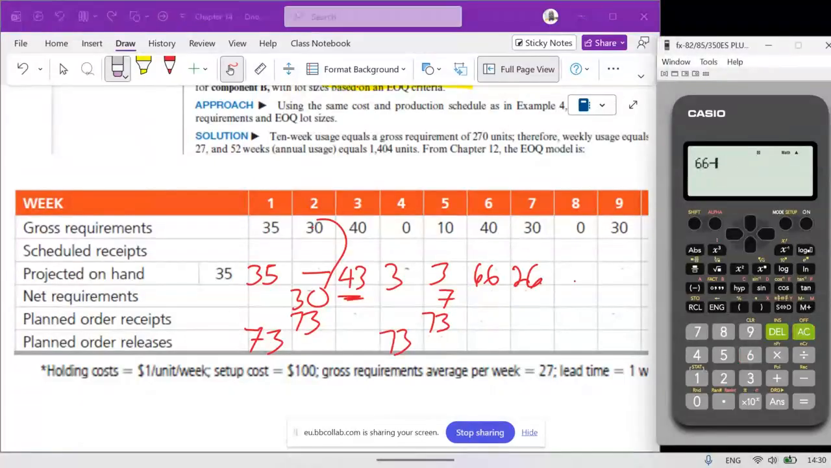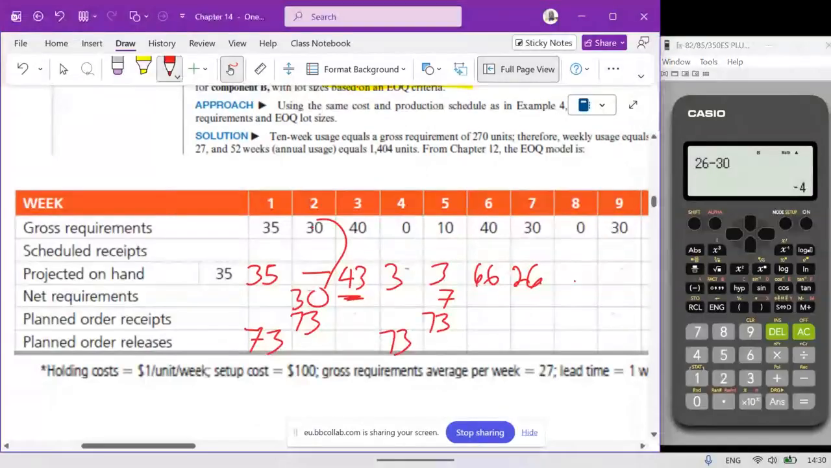66 minus 40 is 26. That's why we call it 26. Then 26 minus 30 is 4. The 4 we write it here, not there, guys, not here. You write it here. 40 is what we require, but we're not able to order that. We can only order